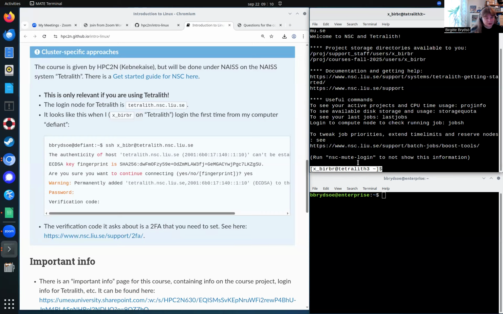And for instance, Tetralith, they have several login nodes, and that will be the case at many of the centers. It varies some how it looks, and we'll look more into that later. This is how it looks on my home computer, my desktop at home.